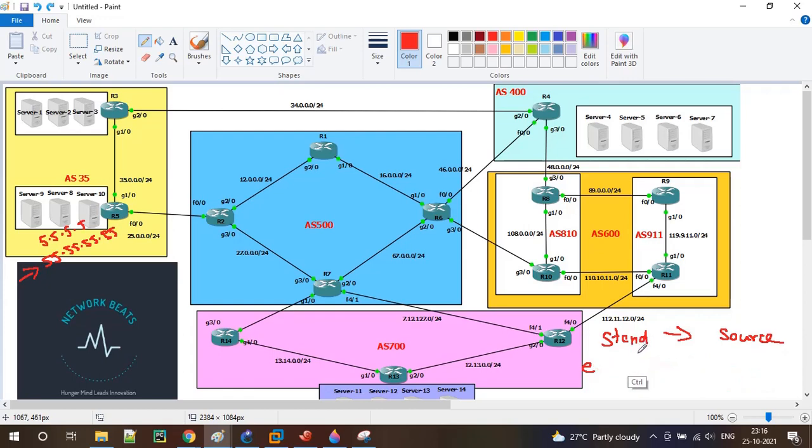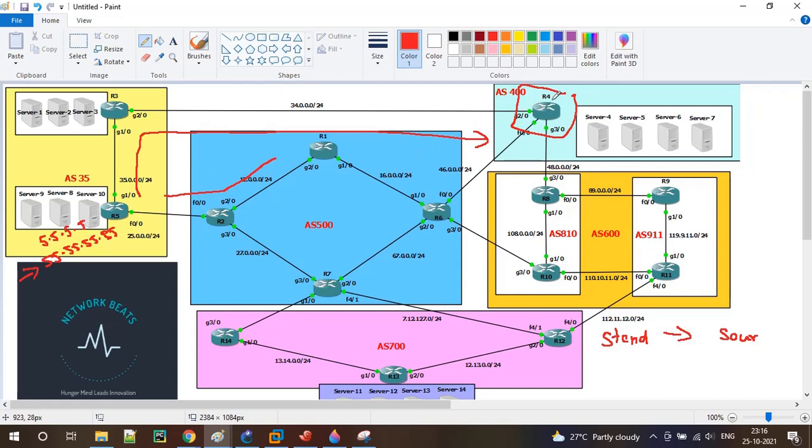But here I'm using the standard ACL. Why? Because R4 is going to receive the updates coming from R5, either through R3 or through R2. These are the two possible paths by which R4 will receive those routes.